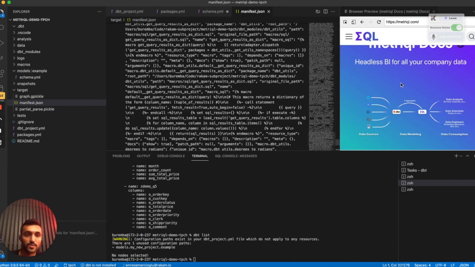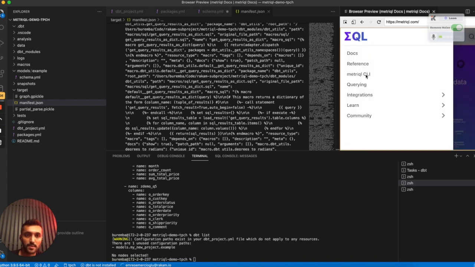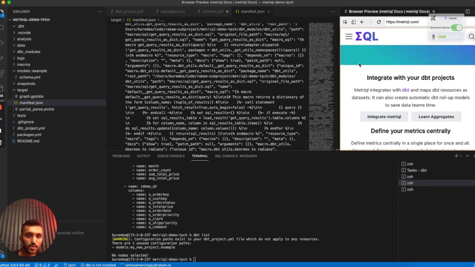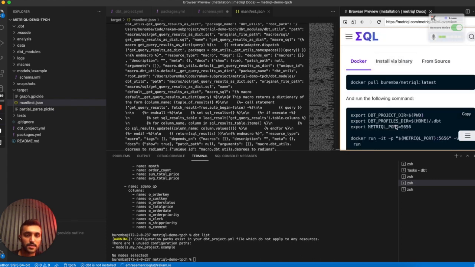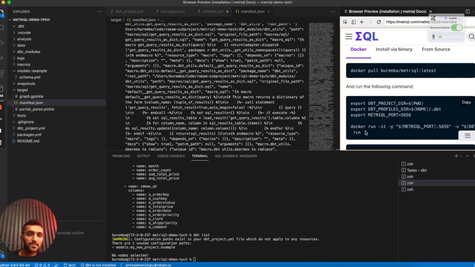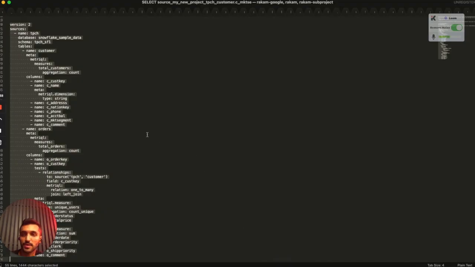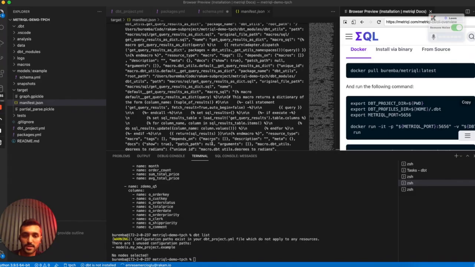Let's use Metriql to expose this data. Here, I will be using the command line application. In this documentation, I have Docker scripts that let me download the Docker image from Docker Hub and use it in my local environment. So here I will just create a new terminal